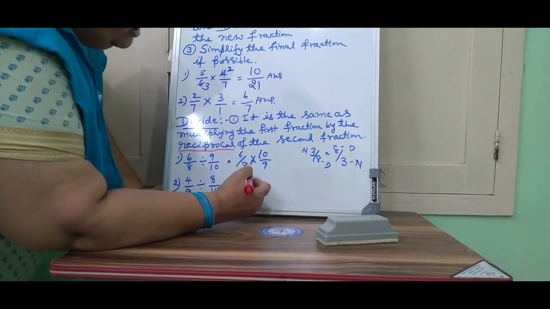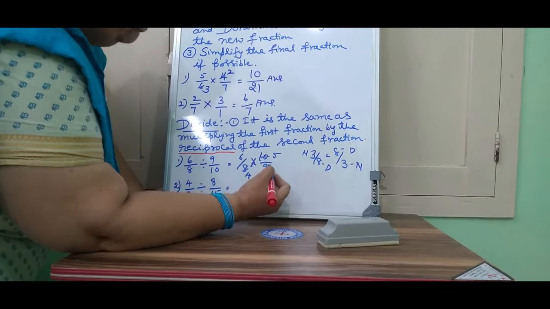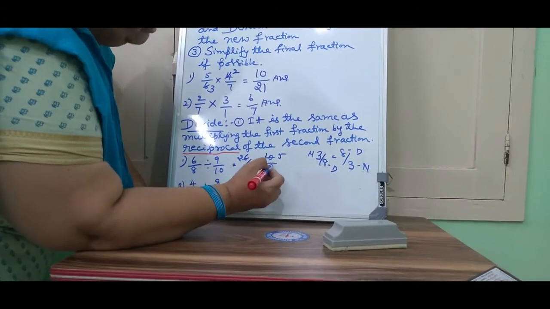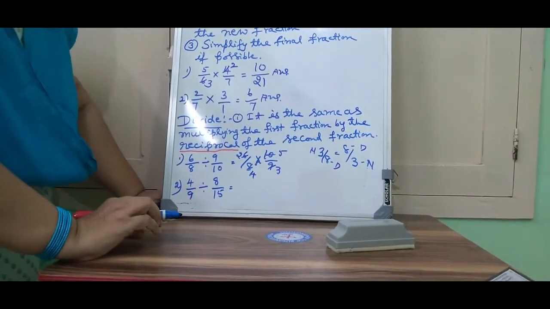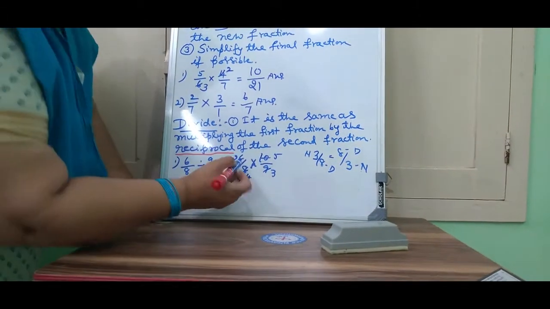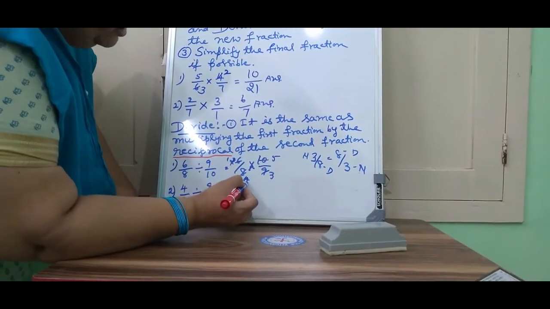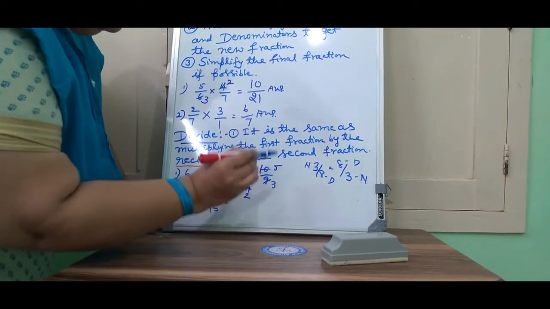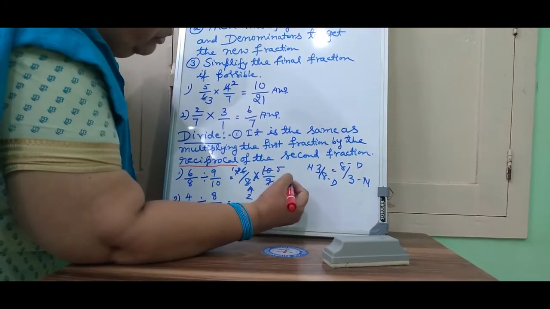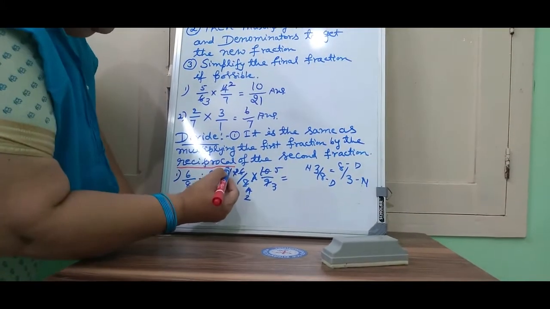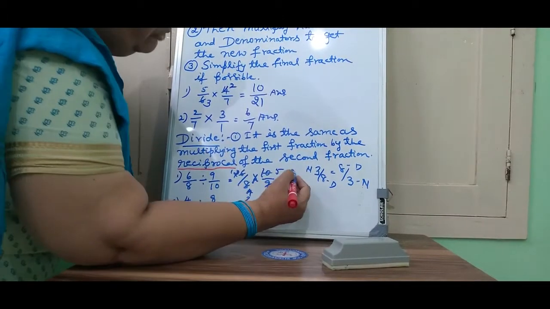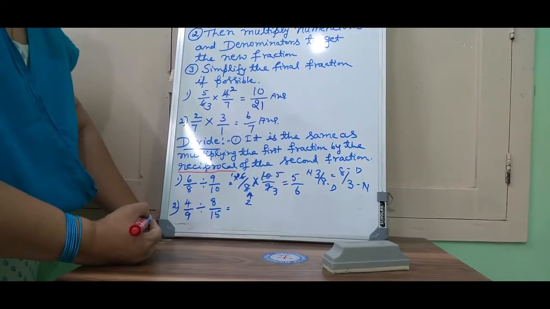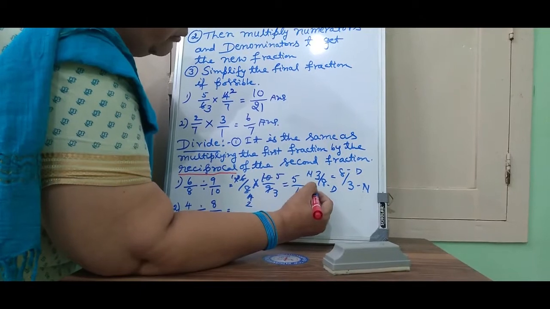See. 2 4s are 8 and again this will be 2 5s are 10 and these two can be cancelled from the number 3. 3 2s are 6, again 3 3s are 9. Now again we can cancel this, 2 1s are and 2 2s are. Next here only 1 is left, here 5 is left, here 2 is there, 3 is there. Now I think we cannot simplify it further. So let us multiply the numerators. 1 5s are 5. Again 2 3s are 6. 5 by 6 is the answer here.